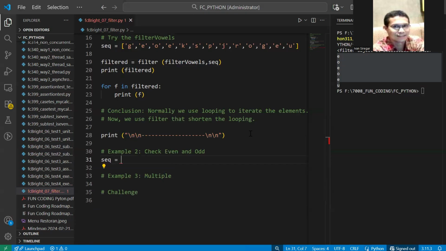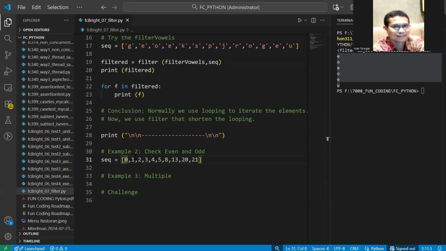Previously we had letters, but now this is the collection of numbers. So we can put 0, 1, 2, 3, 4, 5, and also 8, 13, 20, 21. Okay, make your sequence.